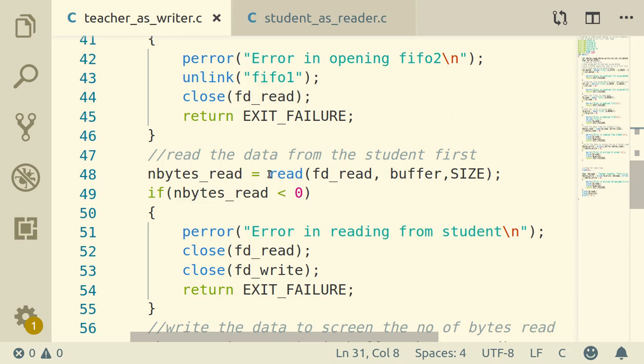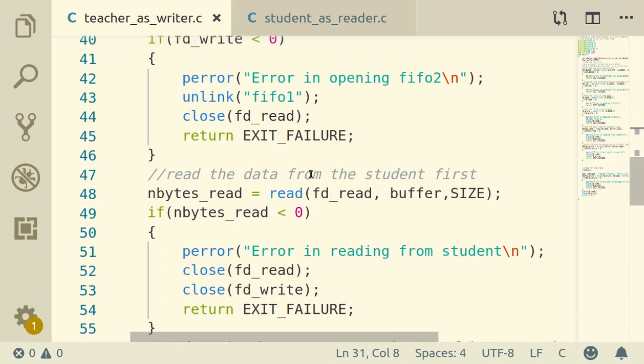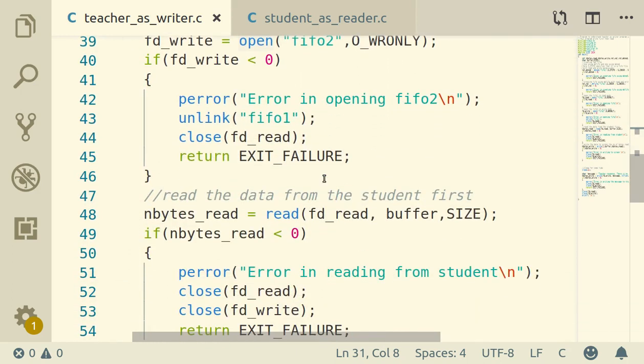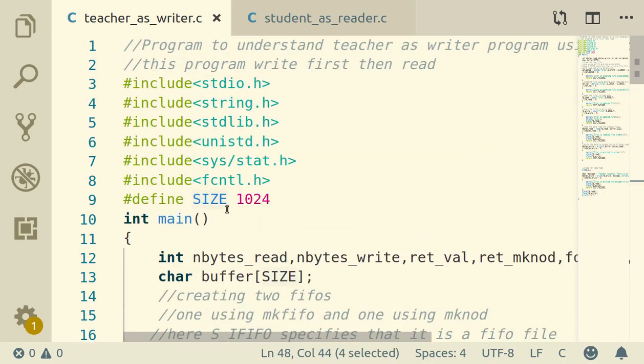For reading the data we are using the read system call, and the reading is done corresponding to this fd_read file descriptor, that corresponds to this FIFO1 file. The data is read into the buffer, and the size is specified as 1024. If you see this,